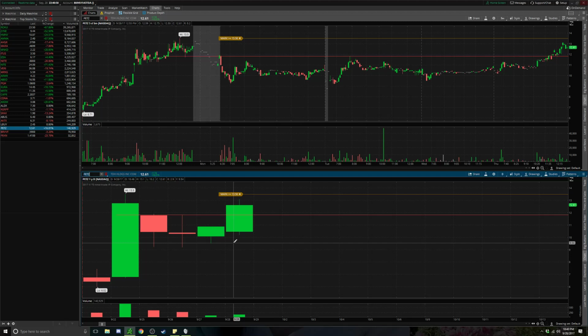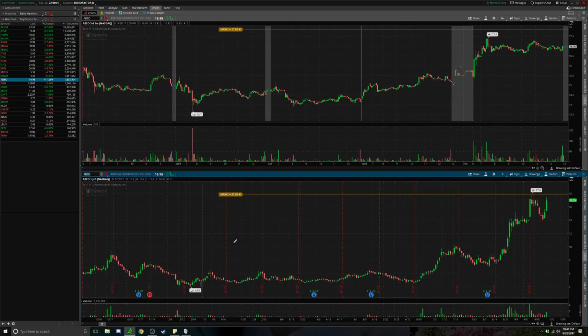Let's see. All right, yeah, so this is what I'm talking about. This is the type of spike and go, or gap and go. Next one is